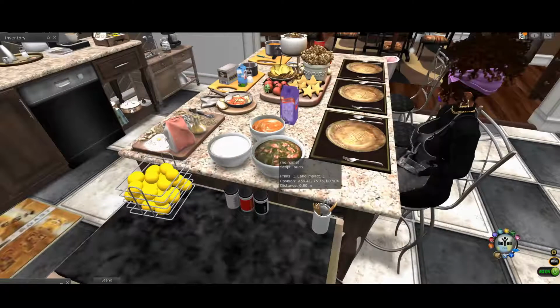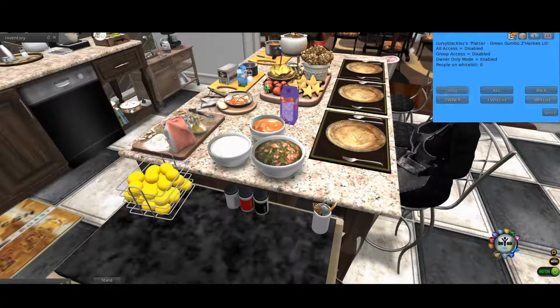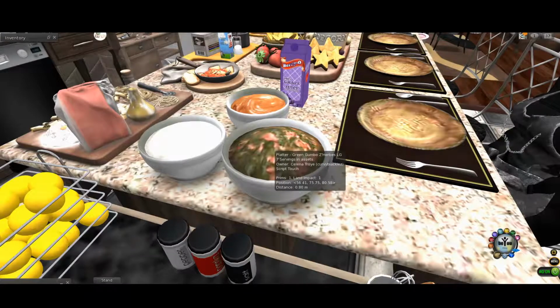Let me demonstrate. This is some food that I made, and as you can see, as the owner, I can set the access, and I can set it to anyone I want. So we're assuming that the food you want to access is accessible to all. Alright, so in this case, we've got two items sitting out for us, and we're going to click